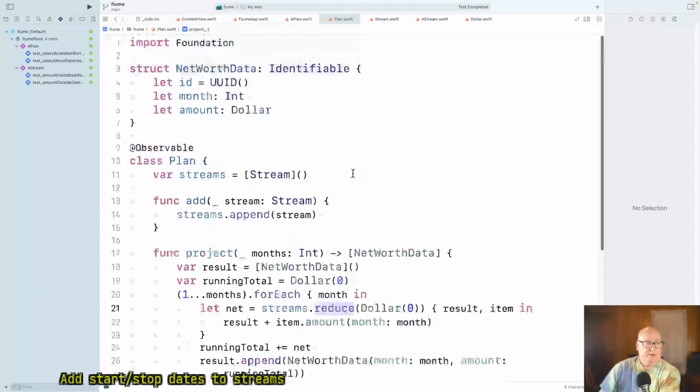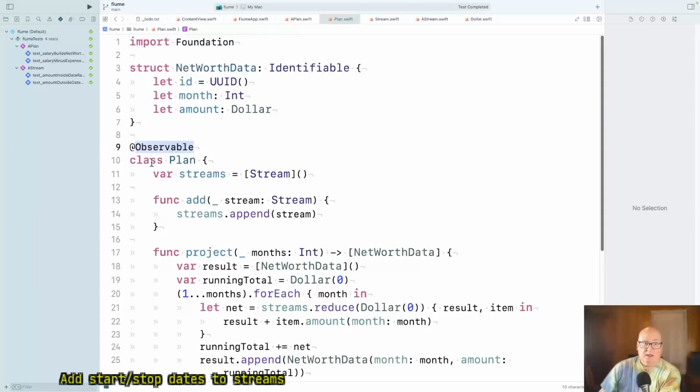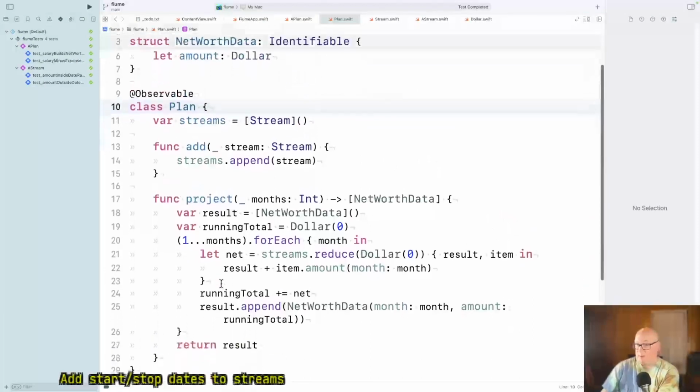Okay, but we've used Observable, and notice there's less going on than we had to do before when we had ObservableObject and we had to say @Published and all that stuff. The way Observable works, it's using macros instead of marker fields or markers on the class.